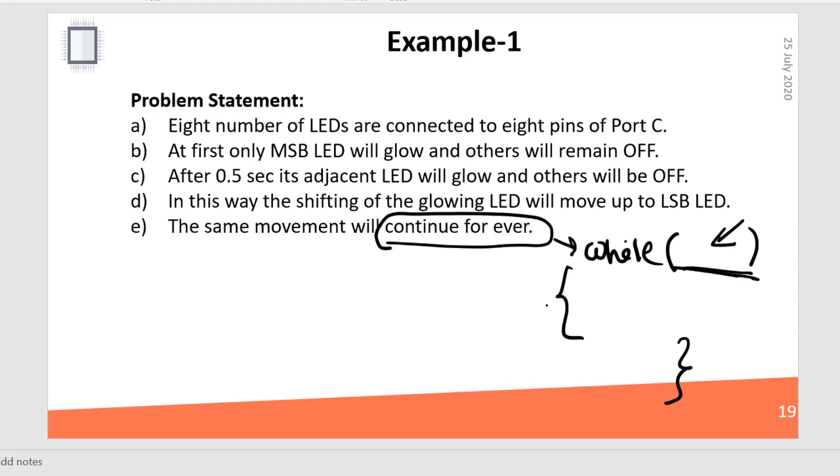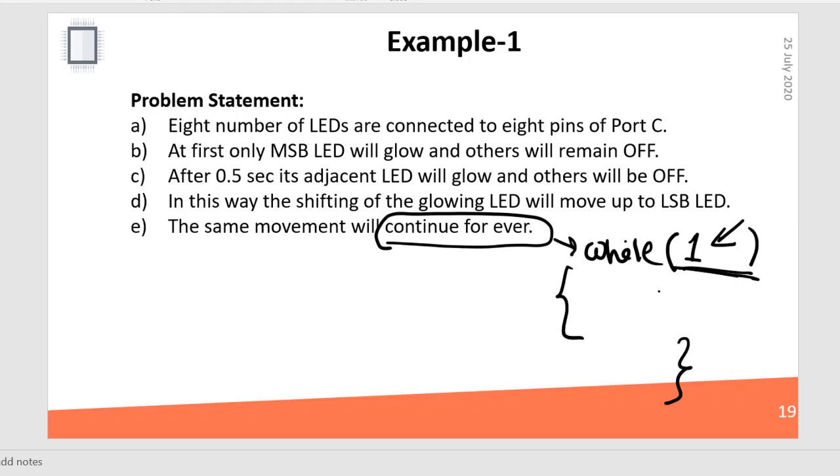We all know that any non-zero number is always true. So if I want a while loop to continue forever, then I just have to write a non-zero value or a true value here. Then I will write while(1). So the condition is 1 and 1 is always true, so the loop will continue forever. So if you ever face a situation where you have to continue a loop or a function forever, then you can write this type of code where the condition is a true number, while(1),